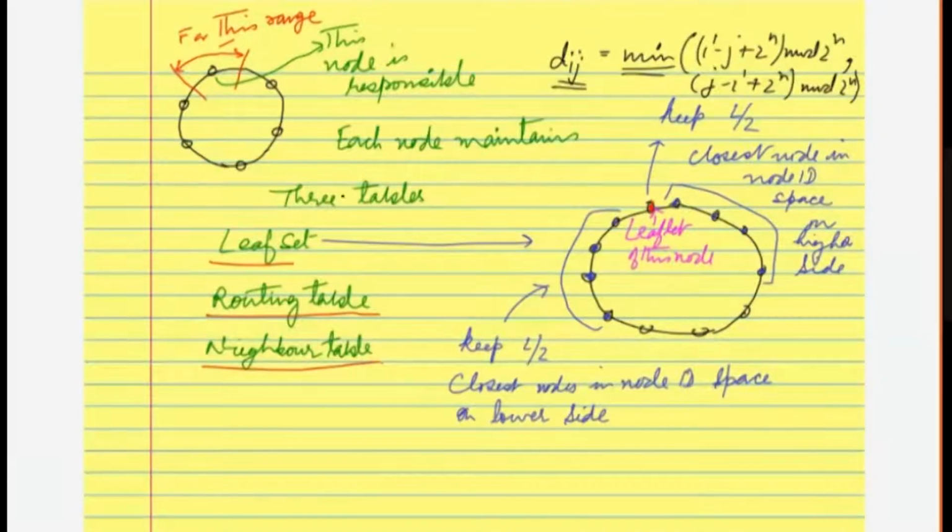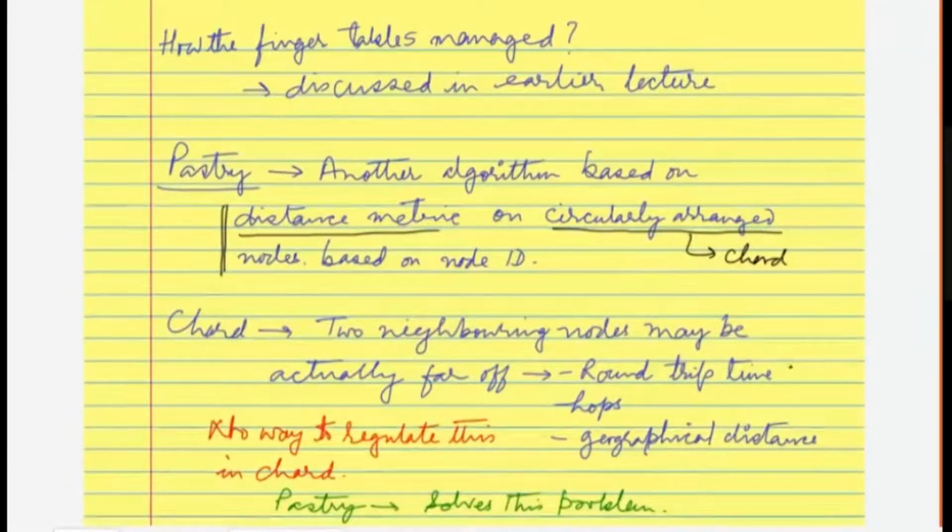So each node in Pastry will maintain 3 tables. One is called leaf set. This is an extension of just maintaining predecessor and successor in Chord. Routing table is now slightly different here. It's not based on finger tables. And there is one third thing, which is neighbor tables, which essentially take care of these three distances which were mentioned here. So it can be chosen by any one of them, but that is being left to the implementation of the algorithm.